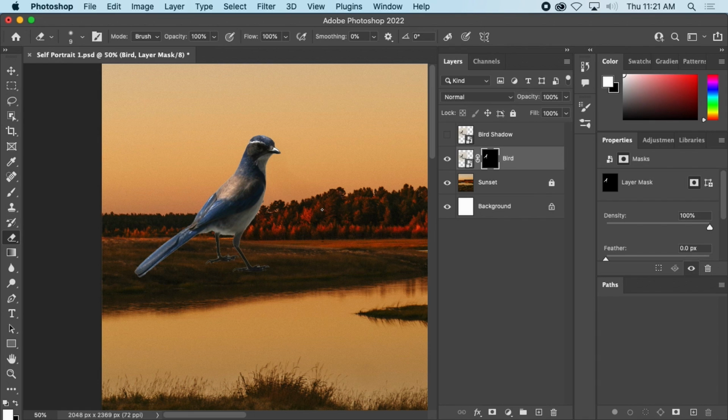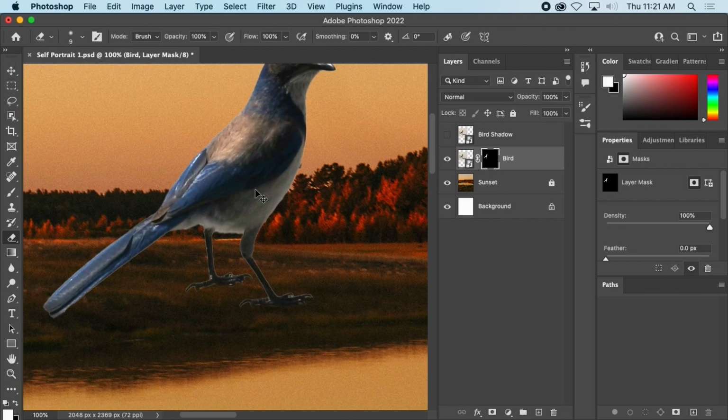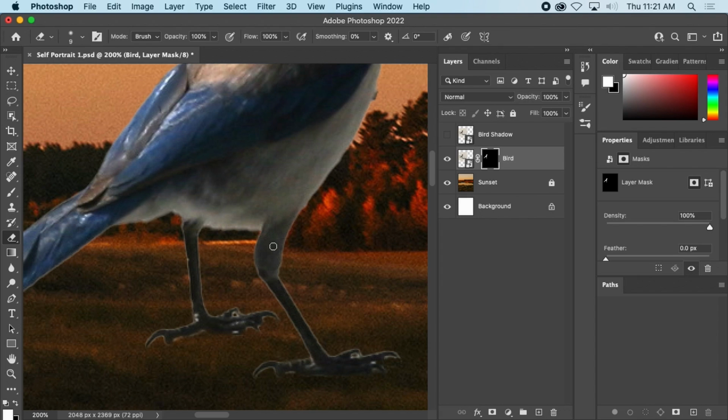Okay, cool. So another thing I can do with my mask is edit the outline a little bit. There are a few different things I can do here. I'm going to zoom in a little bit. You can see there's a white outline on the edge of the bird, and that's because the mask is hugging the side of the bird, but it's letting a little bit of color